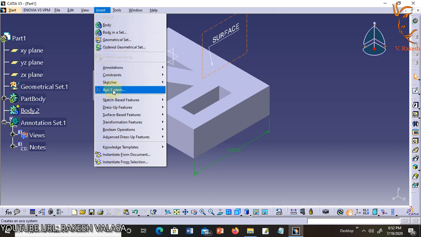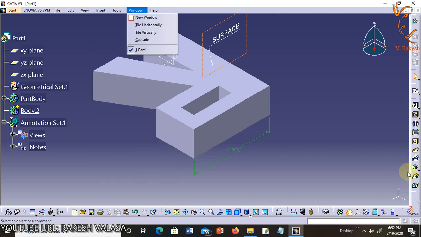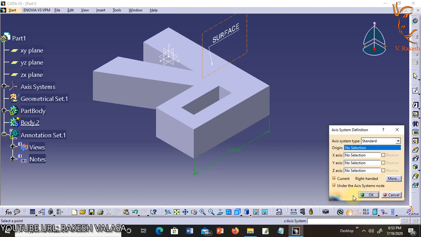Next option is Axis System. This tool is a duplicate of the Axis System tool found in the Tools toolbar. This tool is covered in more detail in the Surface Workbench lesson.